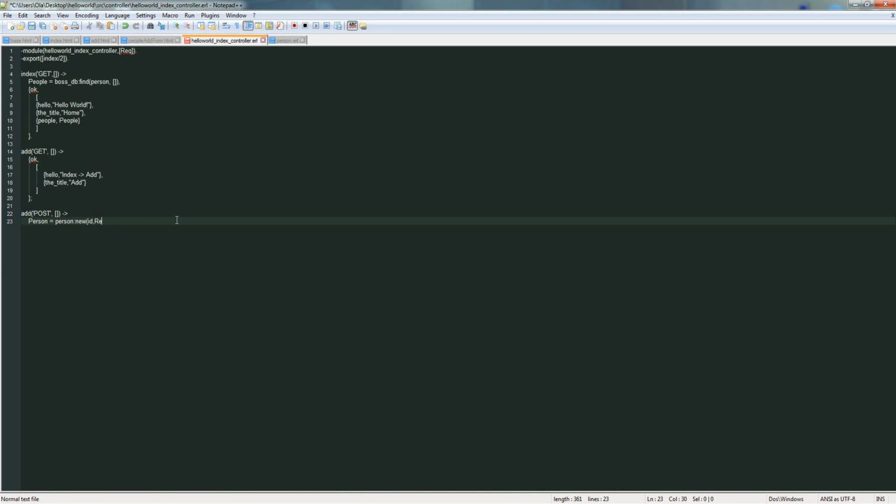And now we need to request those values: post parameters param name, and we copy and paste this for surname and age, surname age. So we just change this to age, this to surname, and we create another variable called save equals person save. And now we want to create a case statement. So case save of